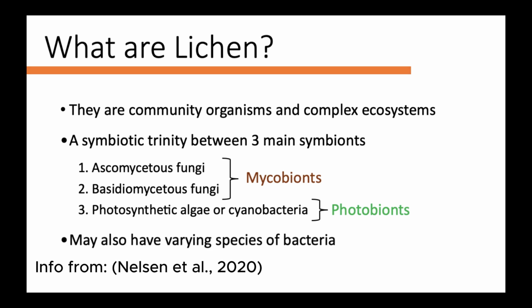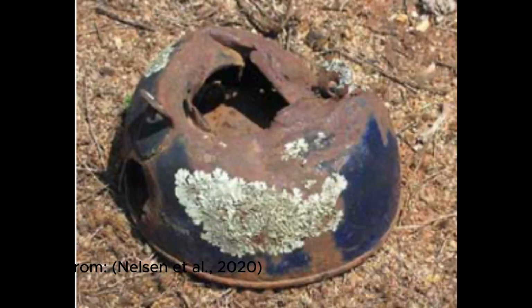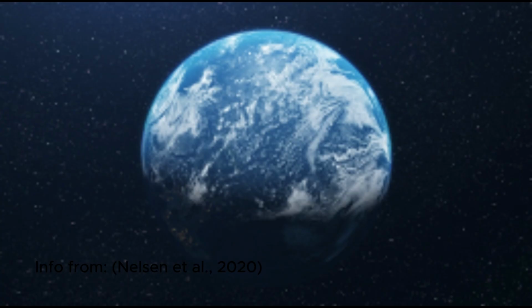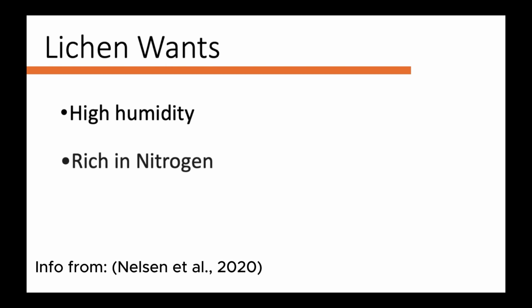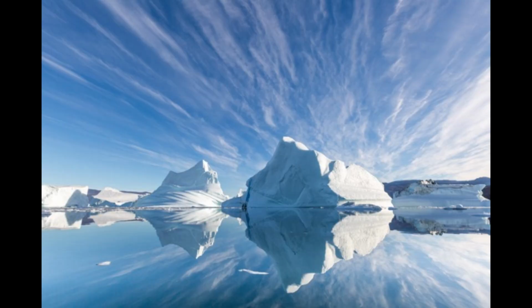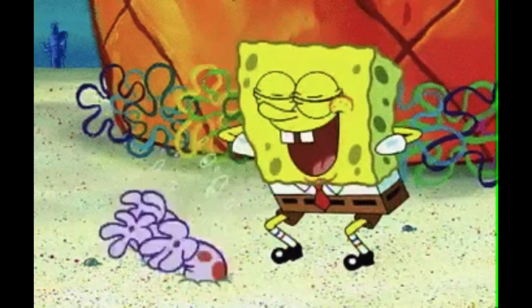They are a remarkably diverse network of organisms living mainly on or in undisturbed areas such as rocks, tree bark, moss, and soils, and even on metal. Lichens are present in many different environments and account for about 7% of the surface area of the Earth. Most lichen diversity is present in high humidity and nitrogen rich environments, but can survive and be found in locations as scarce as Arctic and desert terrain. The range of environments is made possible by absorbing nutrients from the air in many cases.